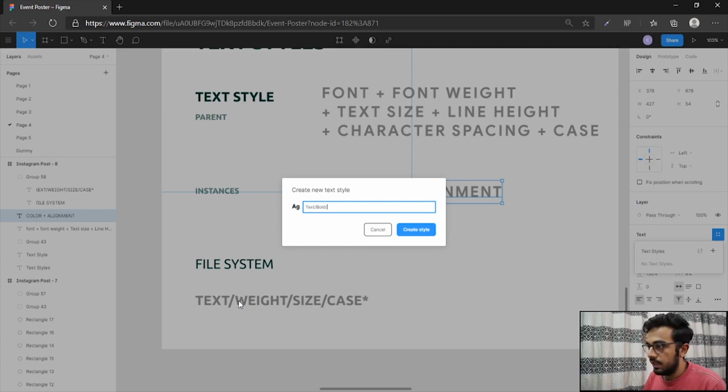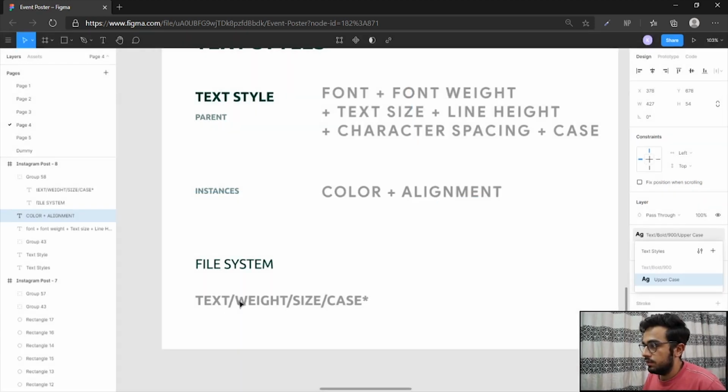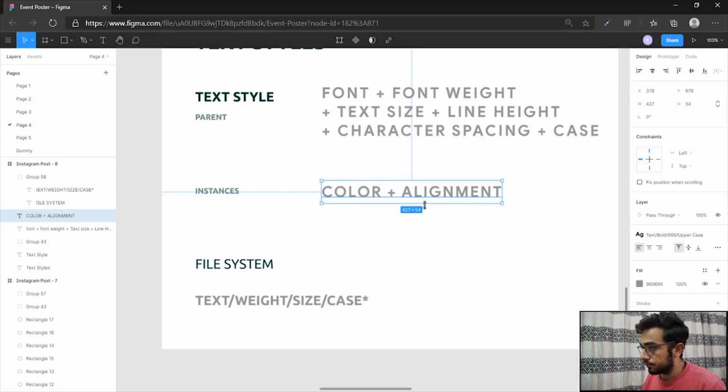So let me define it as 900, and then let me give it the case that it has. So it has an uppercase, so I would define it as uppercase. Okay, so this is how I would define a text style.